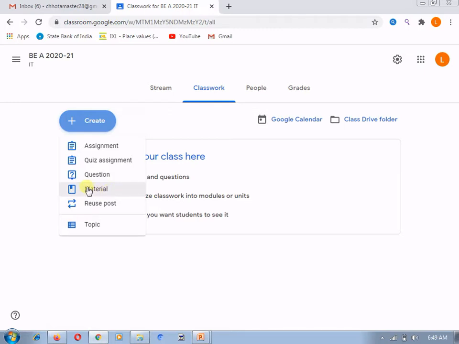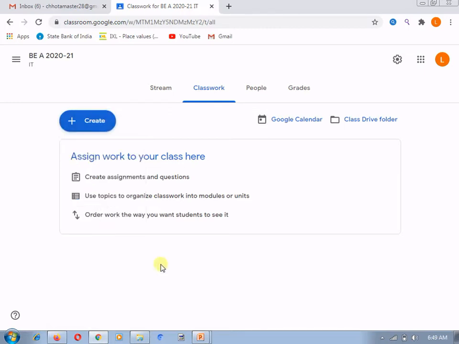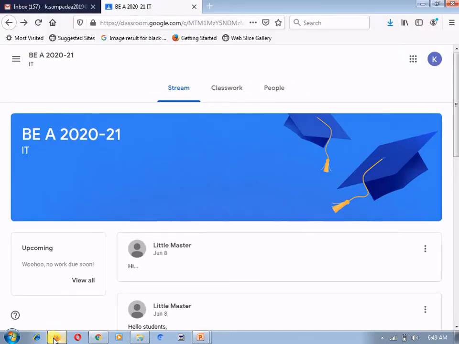Before moving to all these things, currently I have not posted anything. I have not released any assignment, quizzes or any material. So how the students will see this classwork tab, that I am going to show you. This is my login where I am playing the role of student.